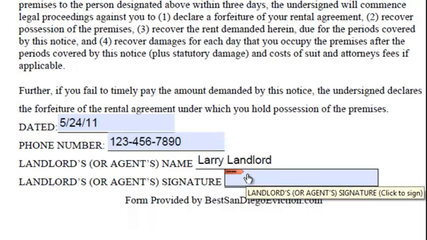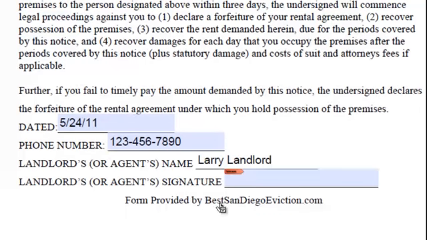Now, if you don't know how to serve your tenant, that information is available at bestsanDiegoeviction.com. Go there and you can get our free report, 3 most common mistakes landlords make that kill their eviction cases before they even start. And again, if you need this form, it is also available at